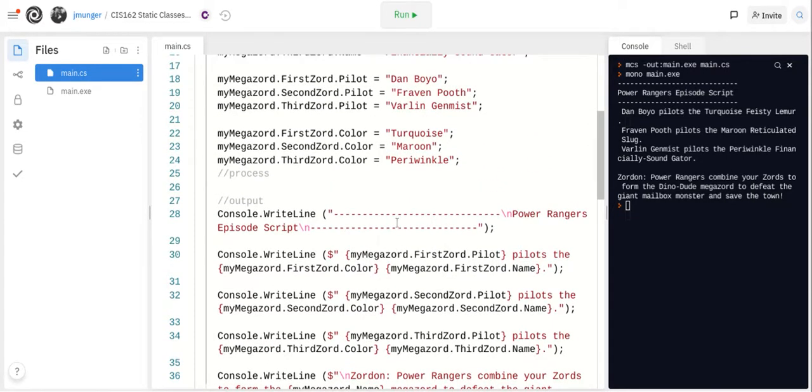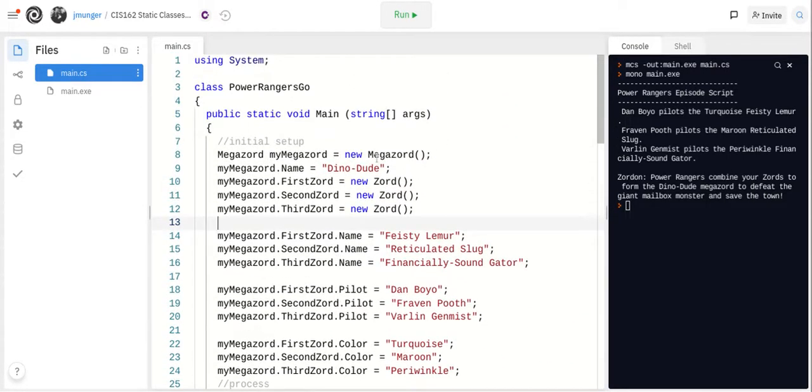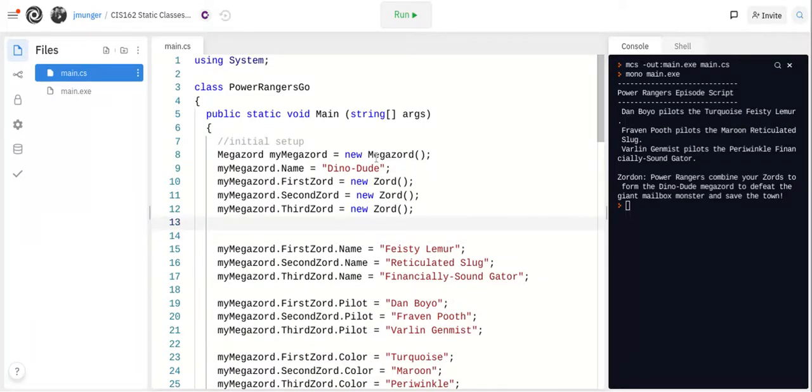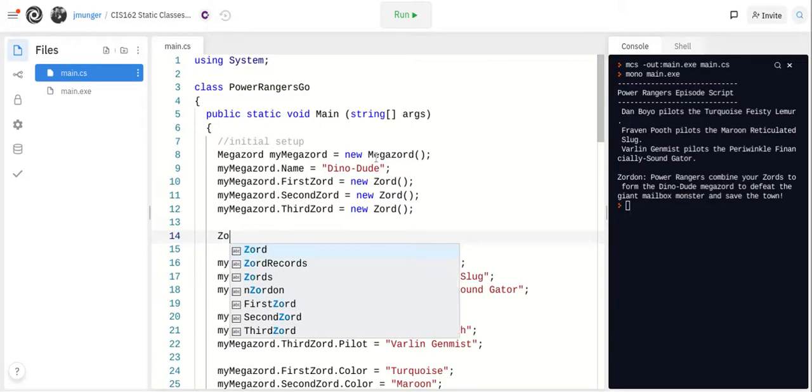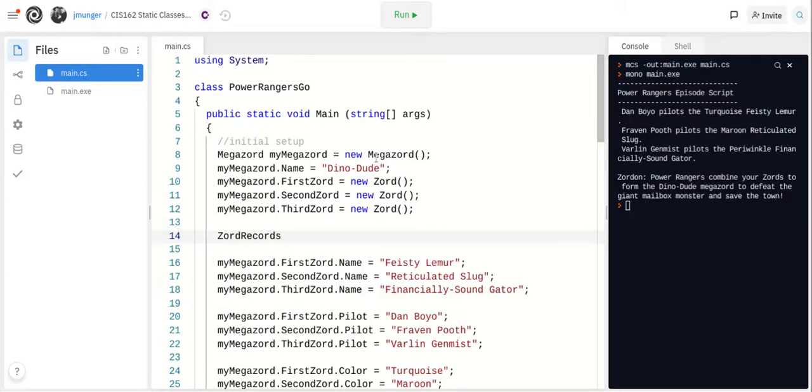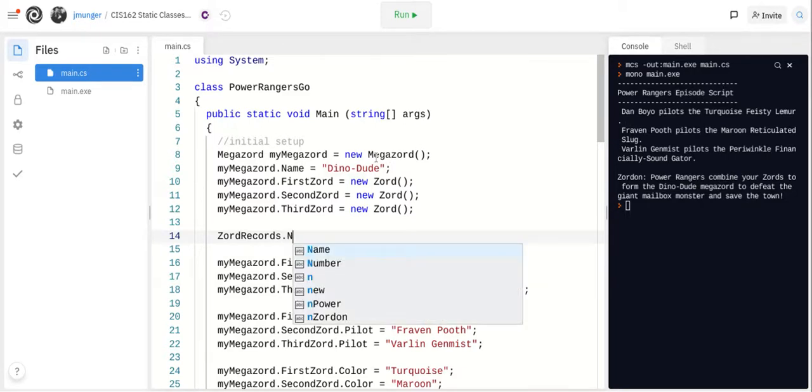Anyway, up here, after creating these, I'll do Zord records. So I'm actually using the class name to access the members. When you have a static class, you just use the class name, and then you can access any of the static members. So here we have number,